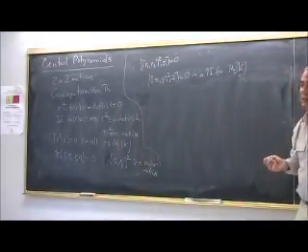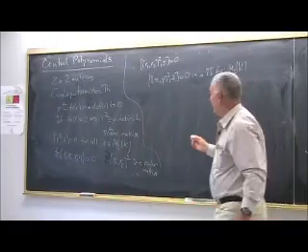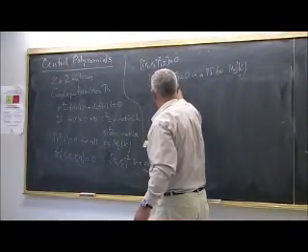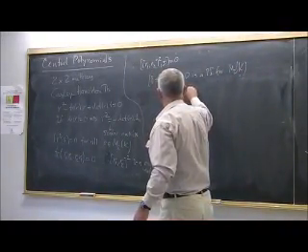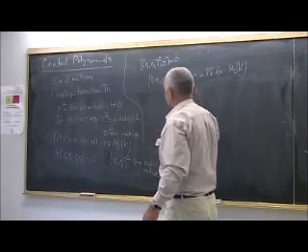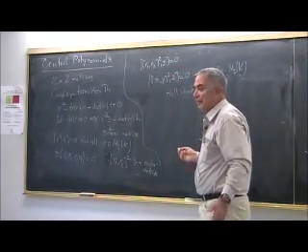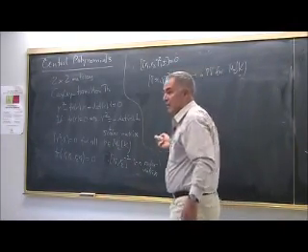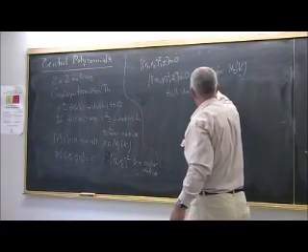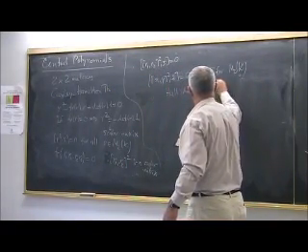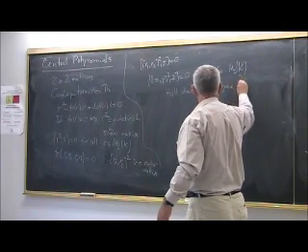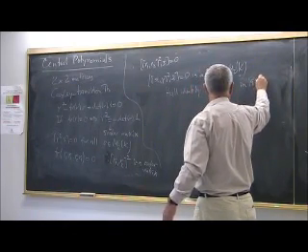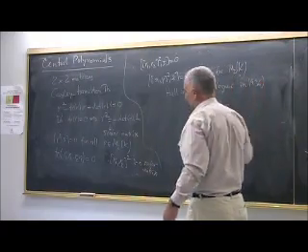This identity is called the identity of Hall, and appeared already in the paper by Wagner 7 years before the paper of Hall, in 1936 or 37. I think 36, but